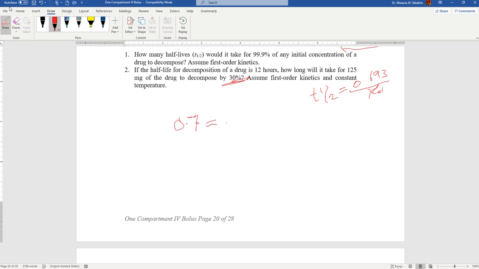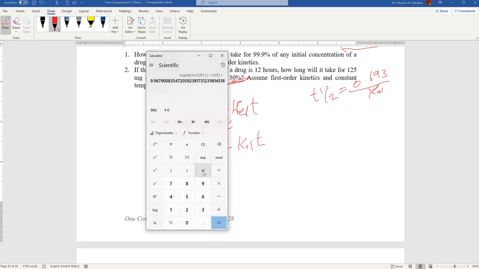So 0.7 equals e to the power of minus KEL في T. Okay, again let's take the ln of both sides. So this will be equal to minus KL في T, and ln 0.7 is equal to minus